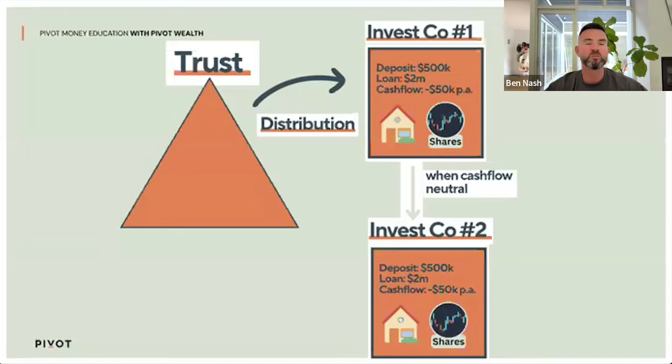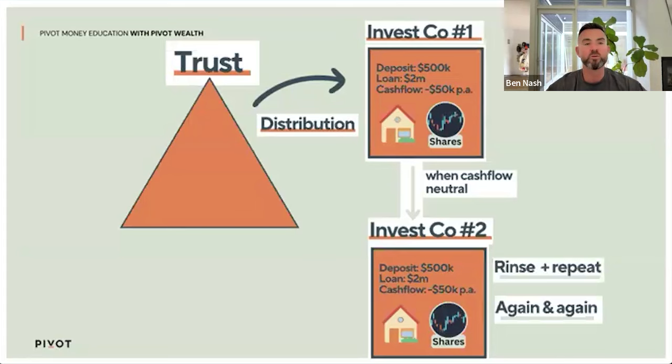The assumption here is that over time, the mortgage goes down and the rental income increases. So typically properties will end up getting less negatively geared over time, and naturally they almost close the gap themselves. It just takes a while to do that. If you want to close the gap faster and reload into the strategy, then you can use an investment company. You can use a share portfolio to build up that investment income faster as well, and you basically can rinse and repeat this again and again.